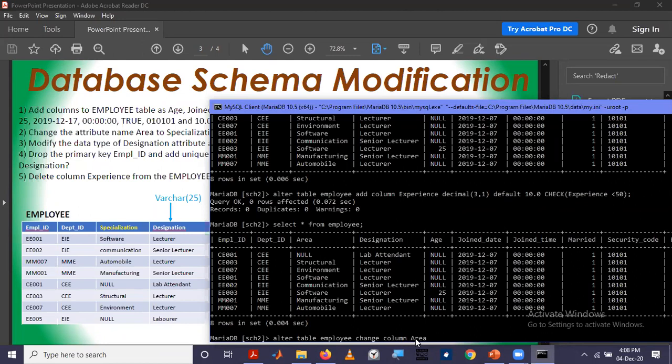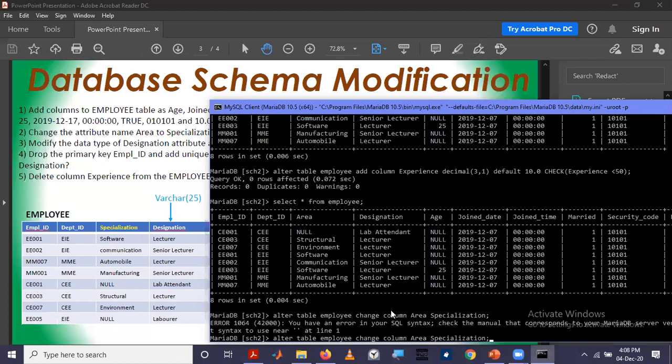Change column area to what? We have to change it to this one. So we have to give other data type and other constraints also. Change column area to specialization. Then this is a variable character.